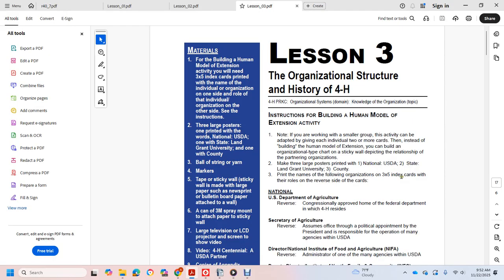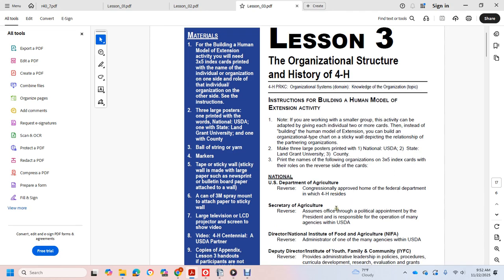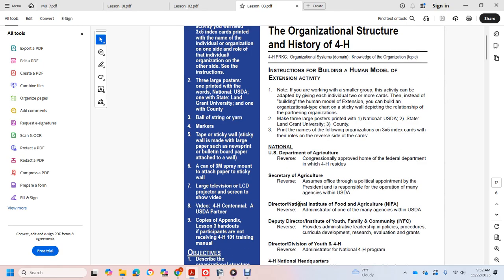Print the name of the following organizations on 3x5 index cards, with the roles on the reverse of the card. National, U.S. Department of Agriculture, reverse: congressionally approved home of the federal department in which 4-H resides. Secretary of Agriculture, reverse: assumes the office by presidential appointment and is responsible for the operation of the many agencies of the USDA. Director of the National Institute of Food and Agriculture, reverse: administrative head over the many agencies of the USDA. Deputy Director, Institute of Youth, Family and Community, or YFC,